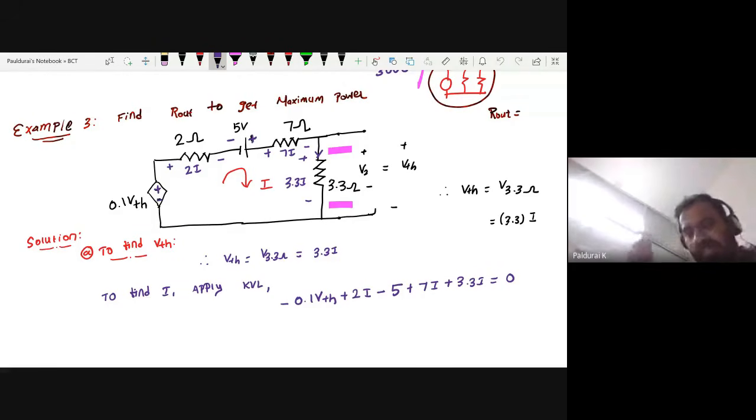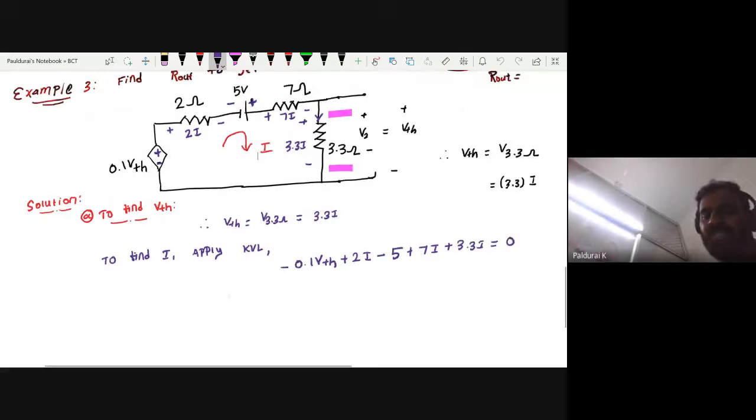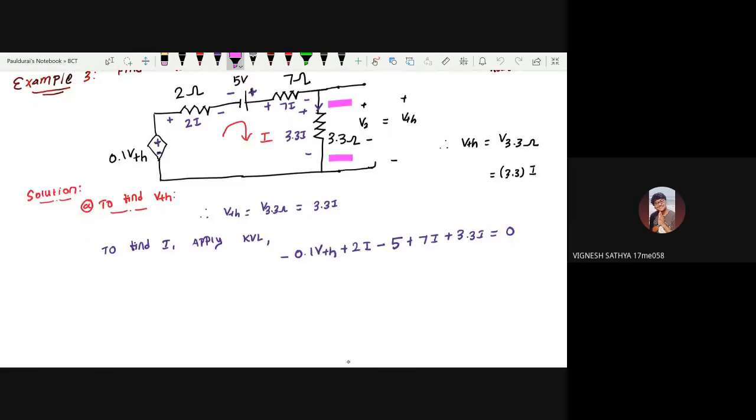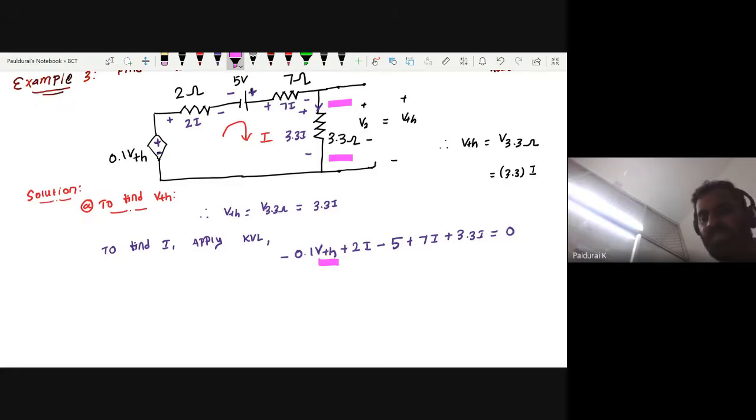Now what is the value of this I? Substitute VTH as 3.3 I. Here you have one more unknown variable, VTH, but you know its value in terms of I. So 0.1 times VTH, where VTH equals 3.3 times I, plus 2 plus 7 is 9, 9 plus 3.3